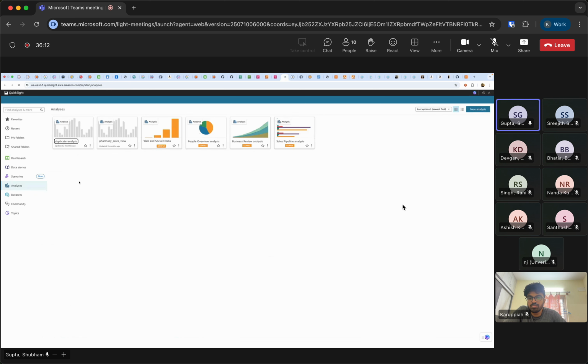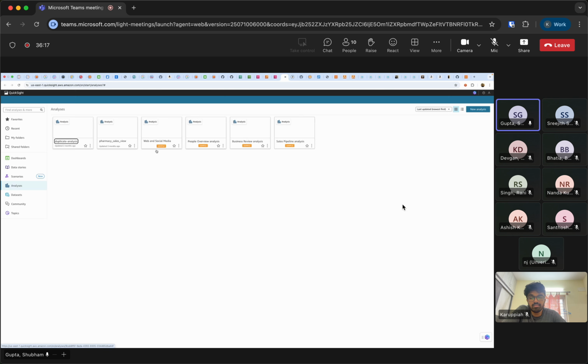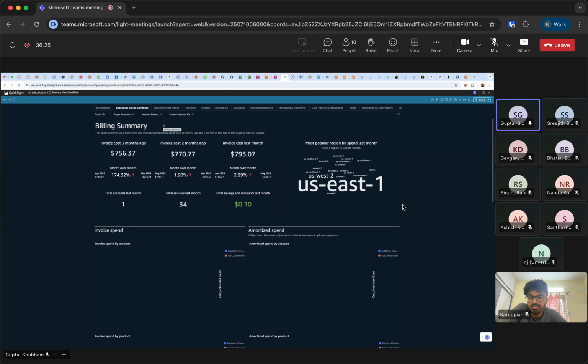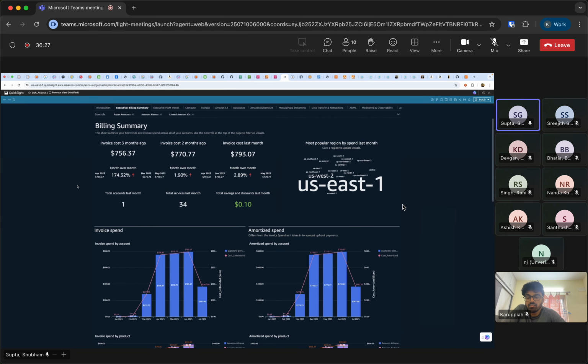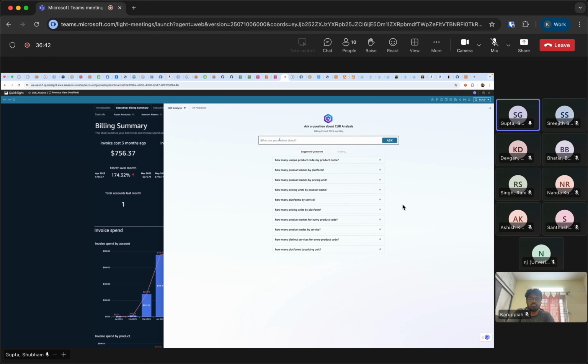So like we discussed earlier, right? QuickSight is one of the services that we have. This is a BI analytics service. What I've done is I've not created any other dashboard. So the CUR dashboard is something which most of the organizations already use to analyze their cost and usage reports. And what I've done is, by default, you get this feature of Amazon Q also integrated into this. Okay, so let's go ahead and see. Let's try to ask it some of the questions.